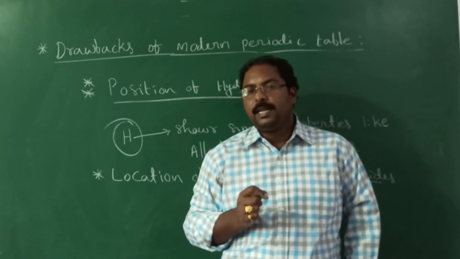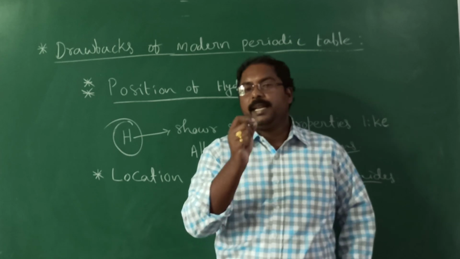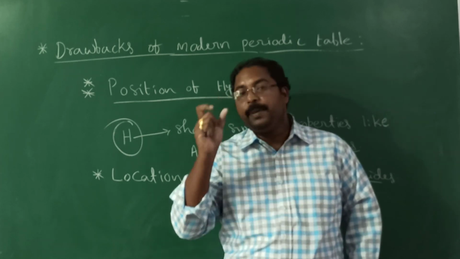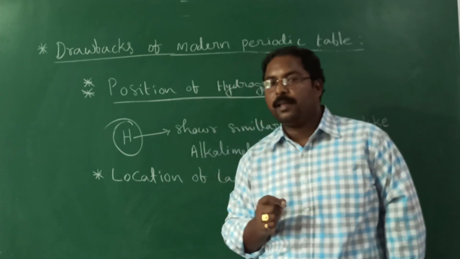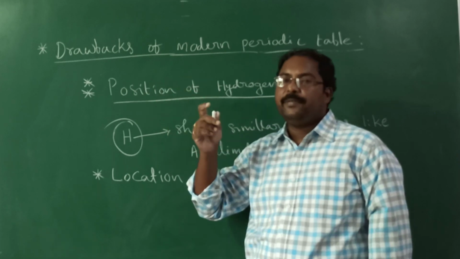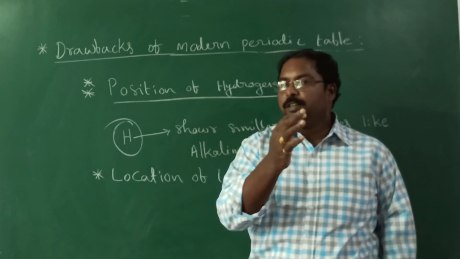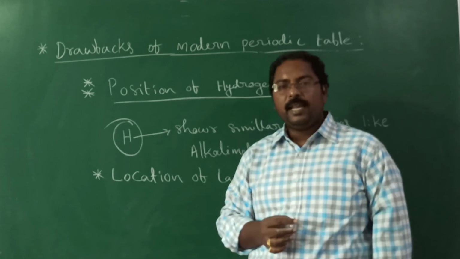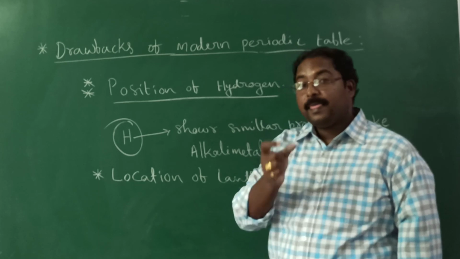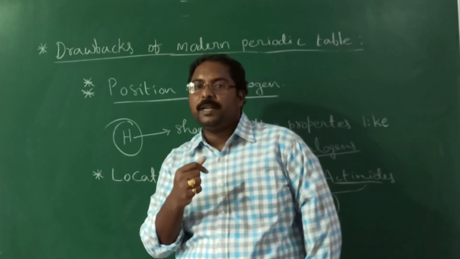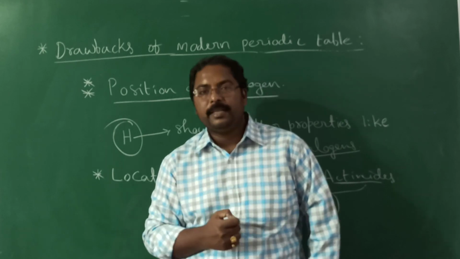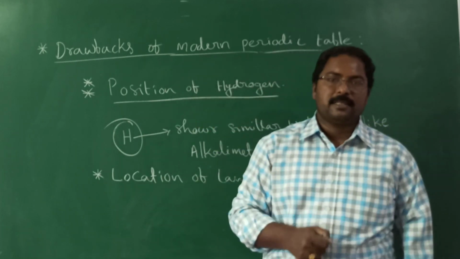Before that, one more important thing regarding the competitive exams is the location of an element in the periodic table. I mentioned one point at the start. If you say any particular atomic number, you should be in a position to find the location of the element. For example, if I say atomic number 60, you can tell which group and which period that element belongs to in a simple way. How to find everything we'll discuss in the next class. Okay, thank you.